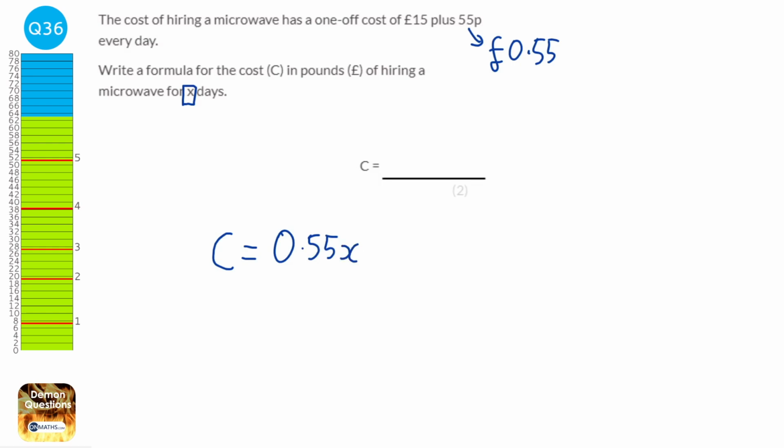Then it says that there's just a one-off cost of £15. So you're going to have to pay £15 regardless. So we're just going to add 15 onto that. So the answer would be C equals